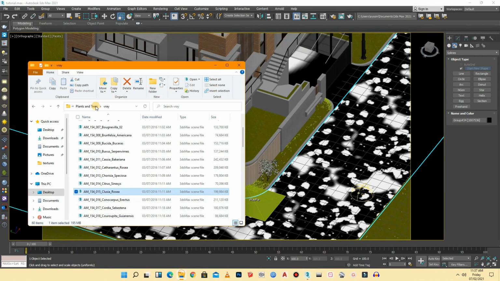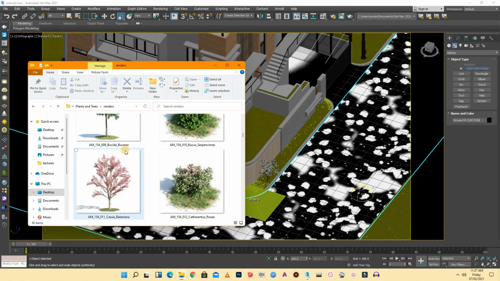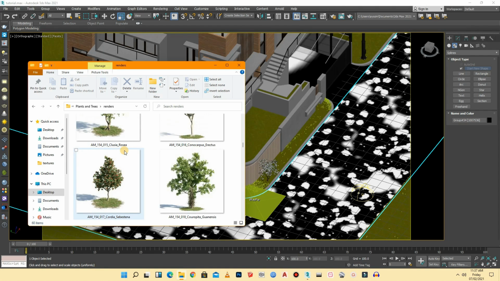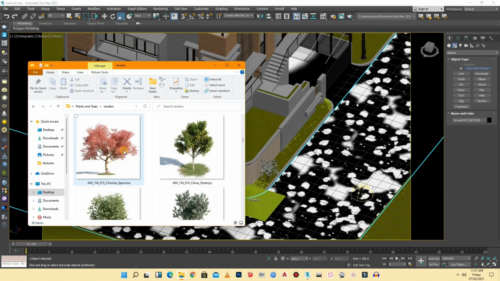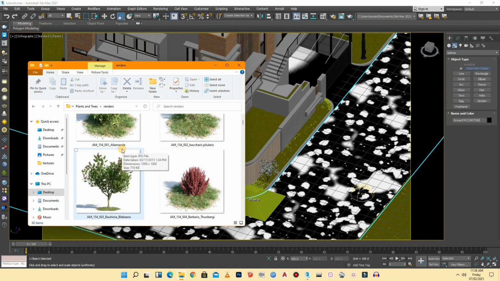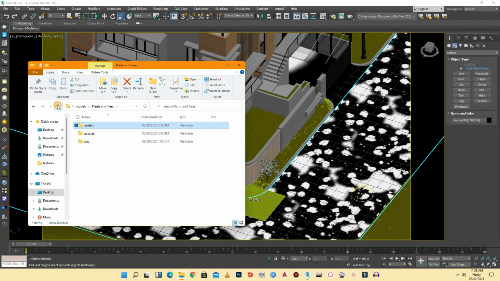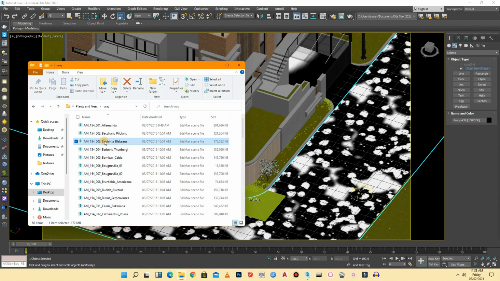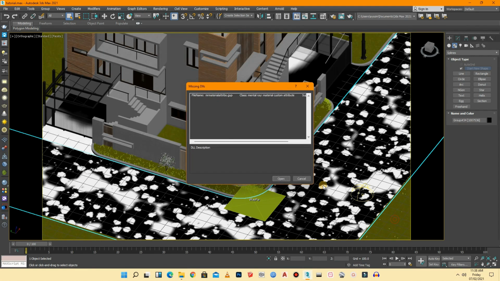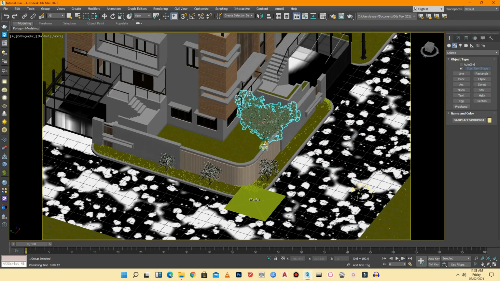Now I will select another tree or another plant. Which one? This one, number 3 looks good, number 1 also looks good. Let's select number 3 and also merge, open, wait for a little bit, and